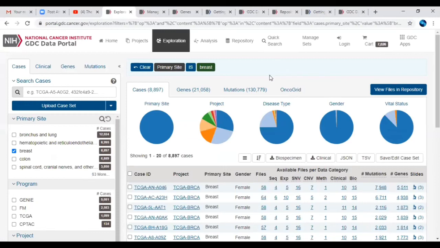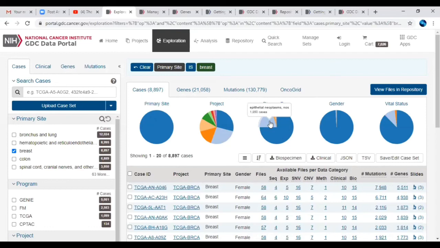So what I explained in the demo: in this particular subtype you can click the filters they have provided. So for breast cancer only, this number of cases are there, and 21,000 genes they have shown. So here you can see the subtype information with respect to cases they have given.